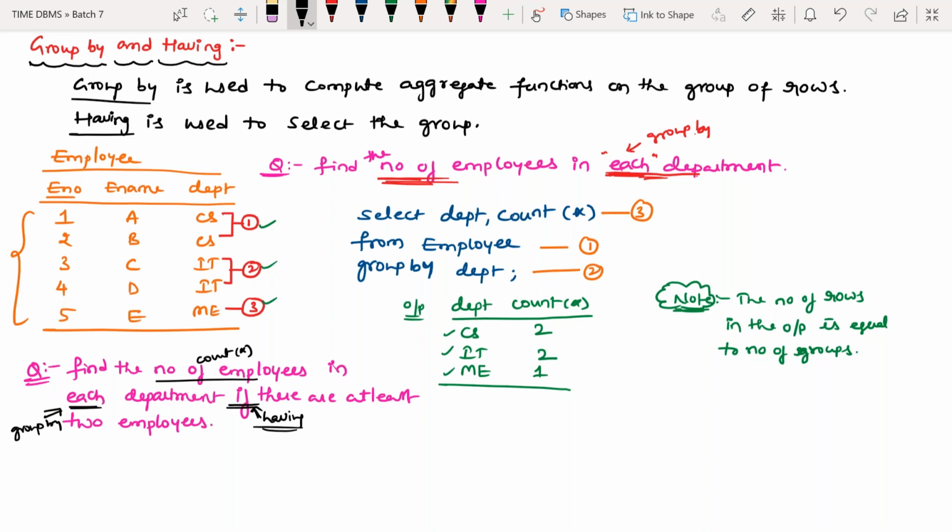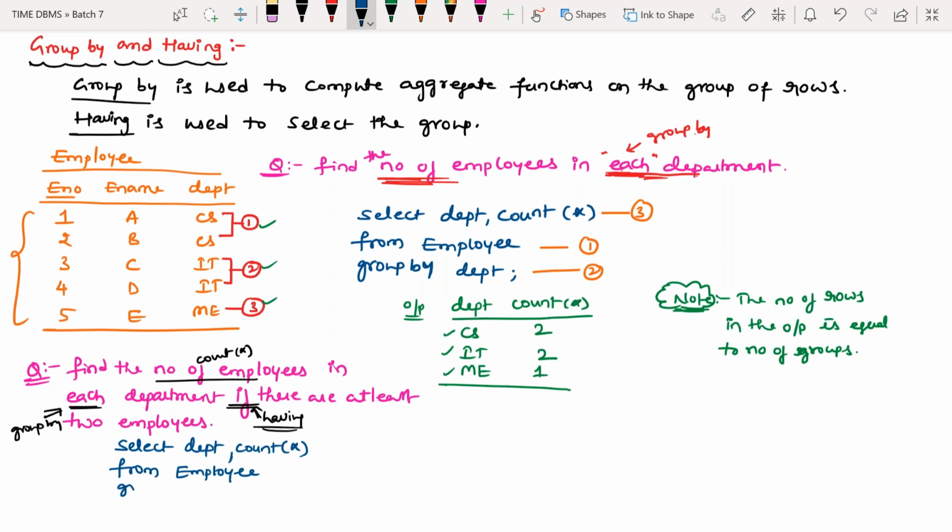So I understood first what is required for answering this question. It requires writing a query using group by, having, and count. What is required to select? It is required to select the number of employees in each department. So we have to write select department comma count star. From which table? It is from the employee table,